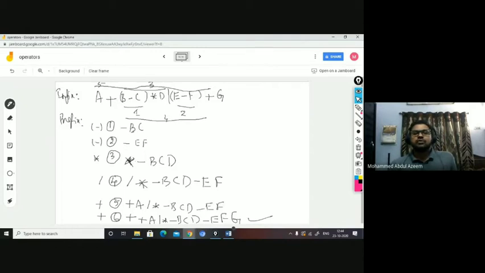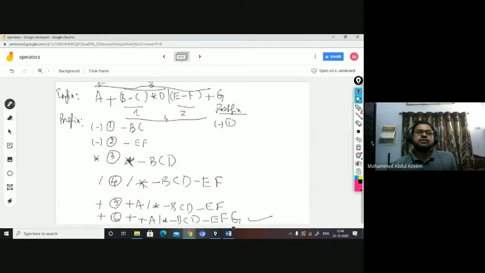For postfix, what will you do? How do you represent postfix expressions? Of course, the same steps apply, but the way you represent will be different. The first step is the minus enclosed in parentheses.